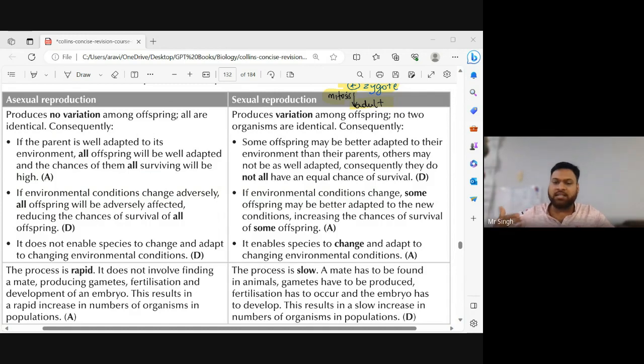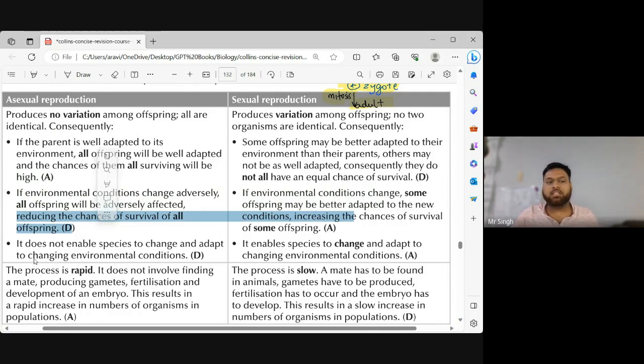So when the fungus started affecting the humans, all of them got taken over, right? Because the conditions had changed, right? So all the humans got affected because the conditions changed. Does that make sense? Anybody confused or has any questions? So this is going to reduce the chances of survival of all the offspring.